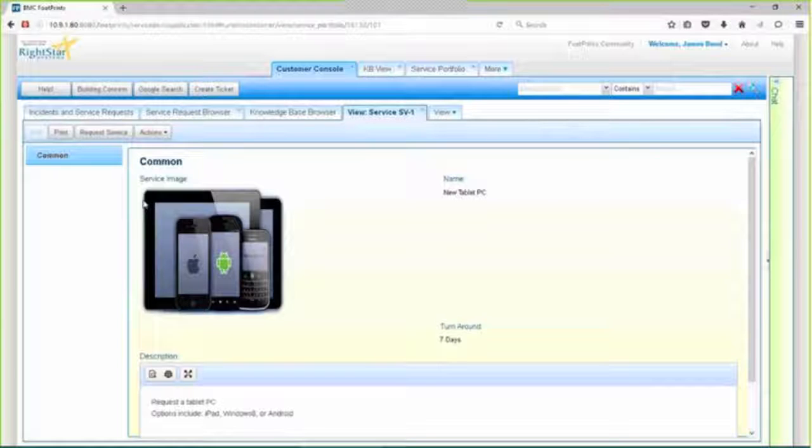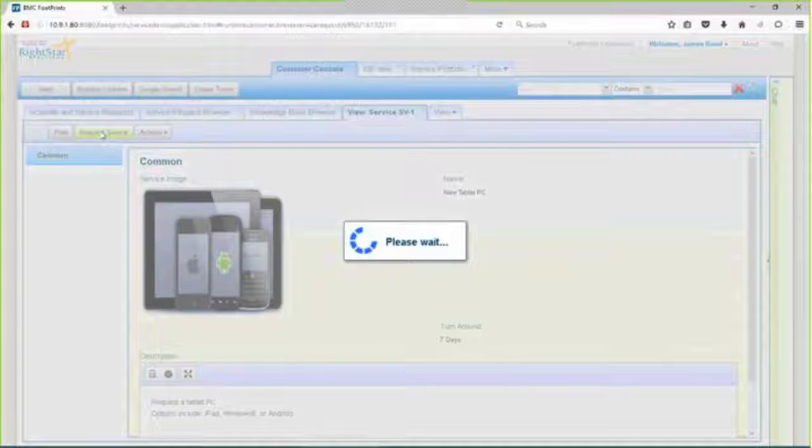Notice that we are displaying to the end user that there's a 7-day turnaround, trying to set an expectation so they're not calling the service desk this afternoon asking where their new Galaxy is. So you kind of play back and say, if that's what you want, then fine, go on and request that service. And now we will guide them through a series of questions that we have to get answered